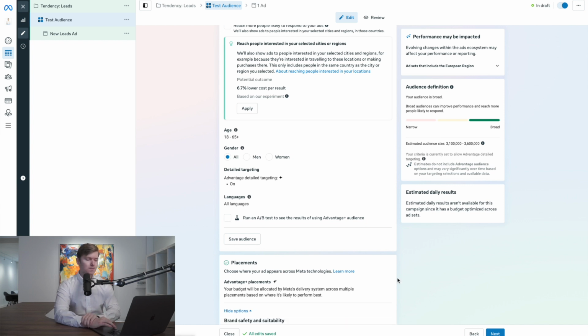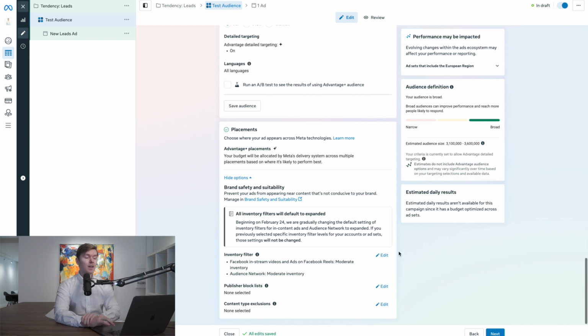So with all of that done, for placements, always do automatic placements. You don't want to pick, back in the day, some people did Facebook feed and Instagram story. And that's also the best placements, but just keep it simple here. Just pick automatic placements, because that is going to give you the lowest CPM, so cost per 1,000 impressions, and the lower that is, the more people you are going to reach, the more leads you're going to get at a lower price. So just keep it to automatic placements. So let's move on here.